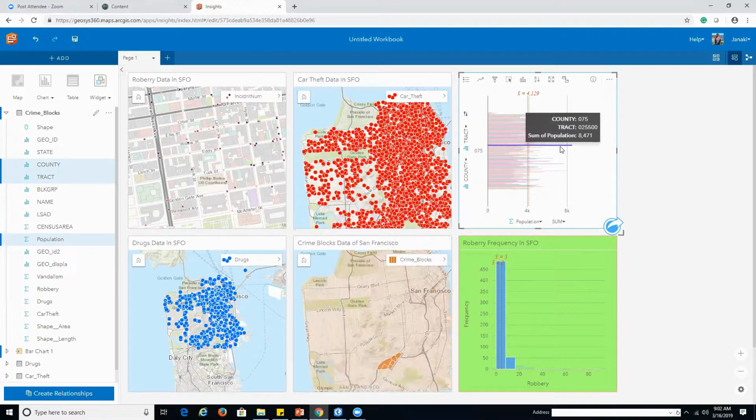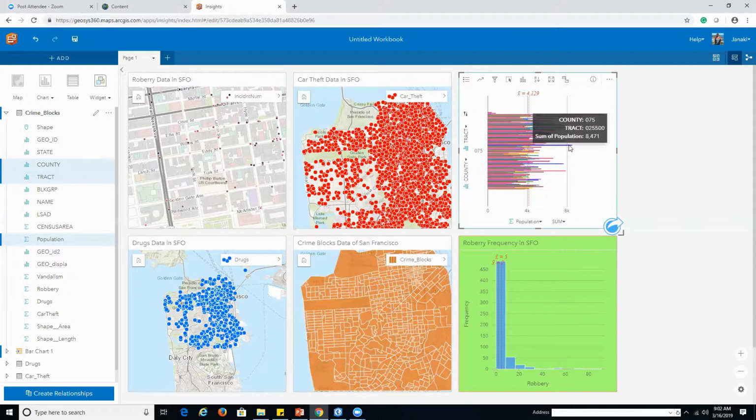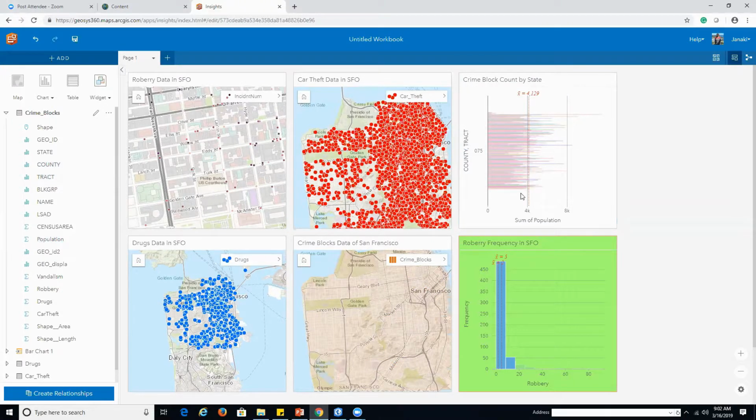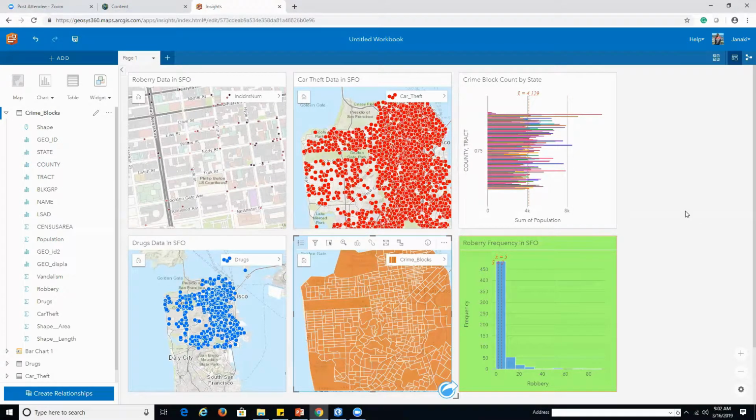So you can see, because I asked for the sum of the population across each and every county and tract, so it is giving me what is the county ID, what is the tract ID, and what is the sum of the population in that tract. So you are able to see how it is more intuitive to actually see the data. And as I have linked up the data, if you see here, the moment I clicked on some county here, the value is keeping on changing here, and that particular crime block is being shown up here. And in the similar fashion, I want all the data, so I can put the data this way, and then